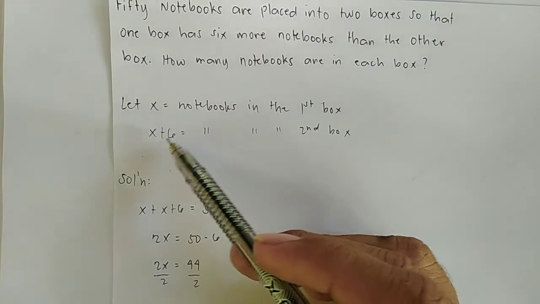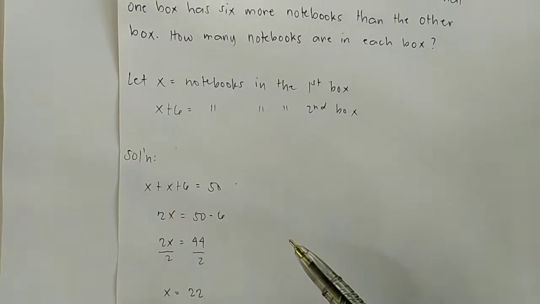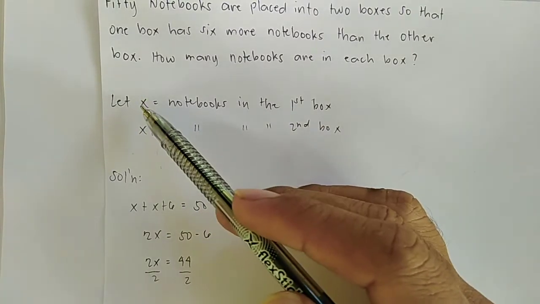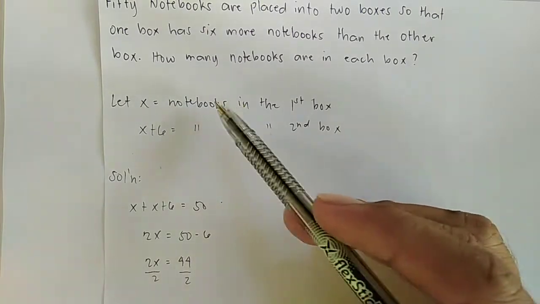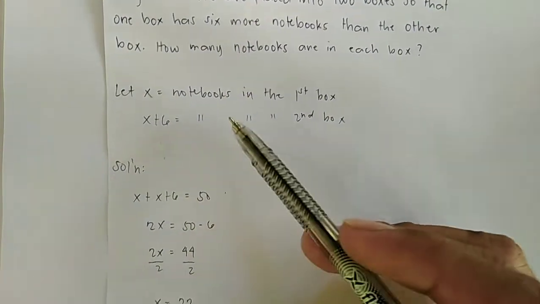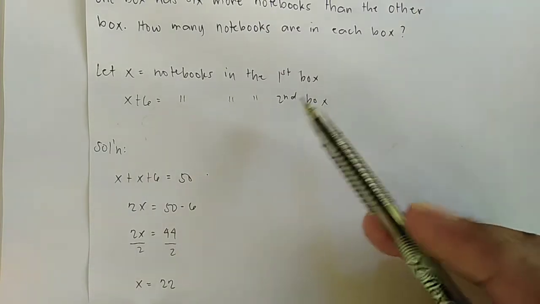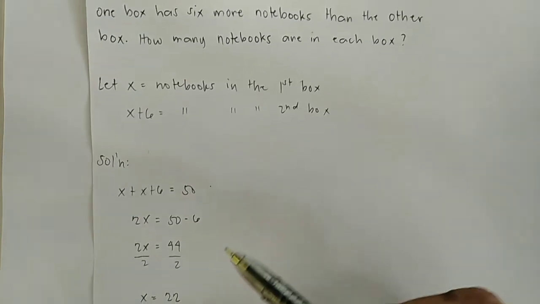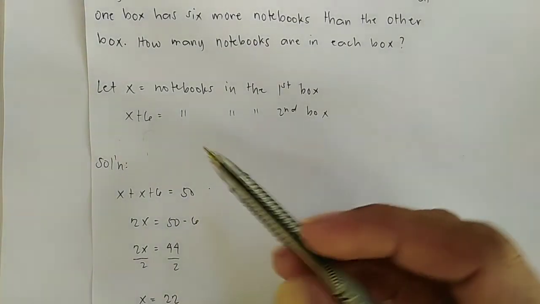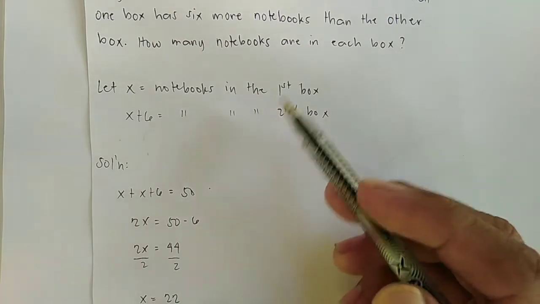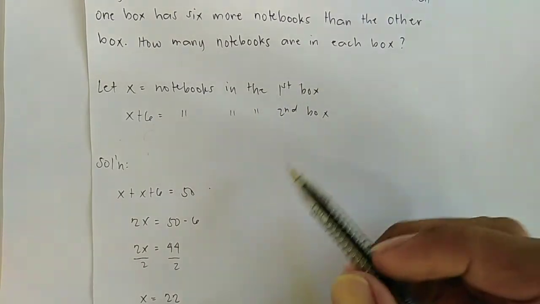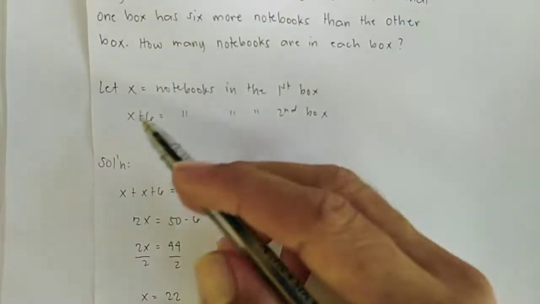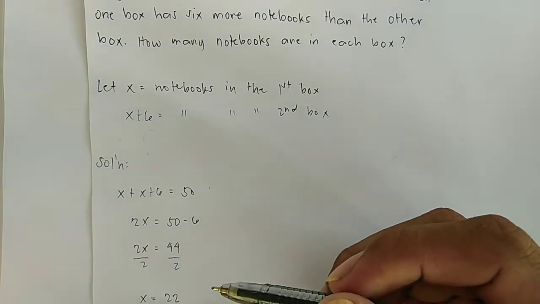So we let our second box as x plus 6. Meaning to say, whatever is the value of our first box, or the amount of notebooks placed in the first box, will be added with 6 so that we can obtain the number of notebooks in the second box. Since our first box consists of 22 notebooks, we have to add 22 with 6 so that we can obtain the number of notebooks placed in the second box. So we have to use the expression x plus